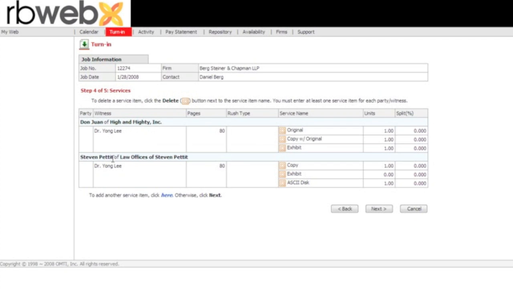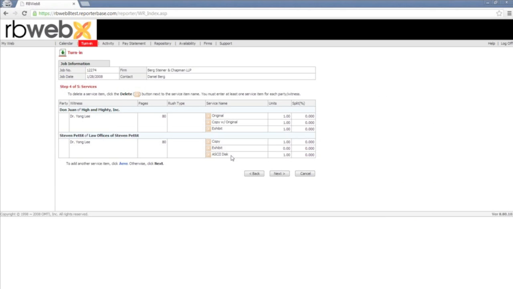And then Mr. Stephen Pettit is going to be ordering from Dr. Lee, and he's going to be ordering the copy, the exhibit, and the ASCII. Once this portion is done, if you have no other service items to add, click Next. If you have additional service items you need to add that you did not see in the billing set, click